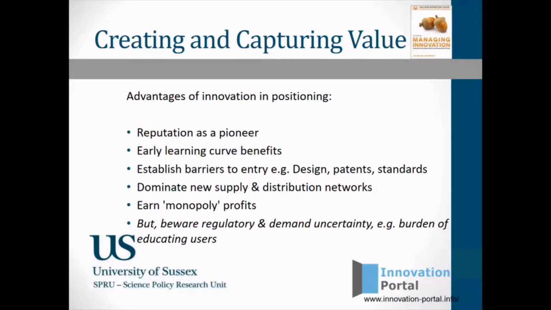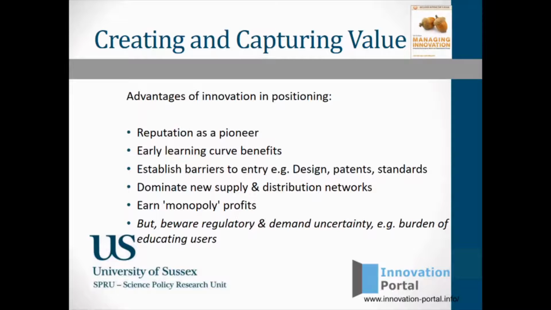The third one, which we sort of mentioned, is that if you get it right, you can have standards, or intellectual property that might slow others down coming behind you. You can legally or otherwise dominate supply chains, rare materials for example. A lot of new products have very rare materials, and you can quietly buy up those supply chains completely legally. And on the other side, distribution networks. It's becoming less so unless it's physical products, but certainly you can tie up distribution networks. And if you get those things right, you can earn what the economists call temporary monopoly rents or profits.